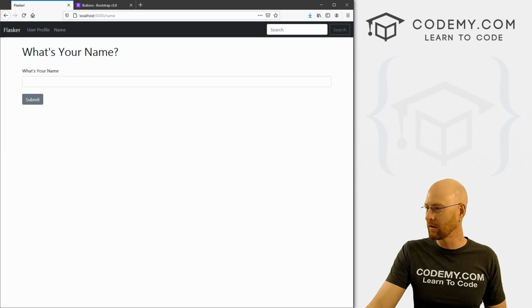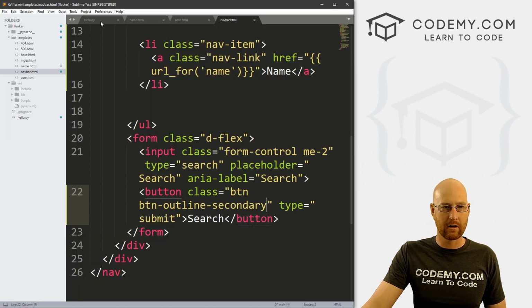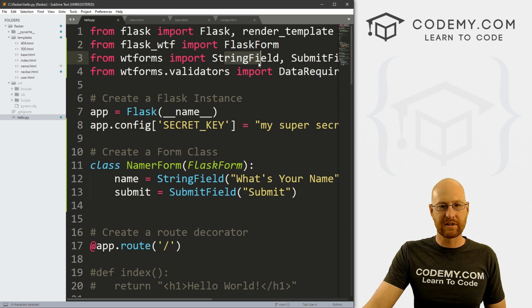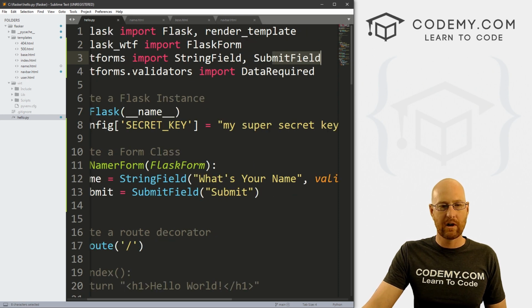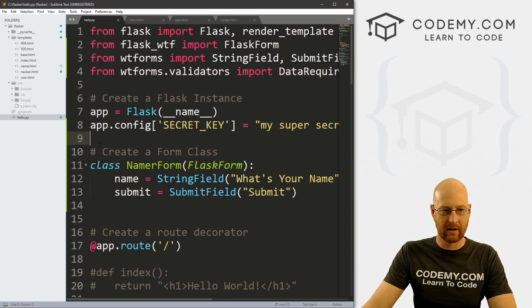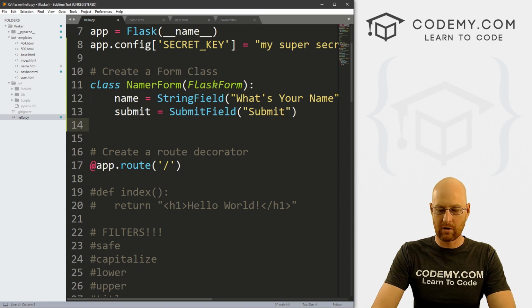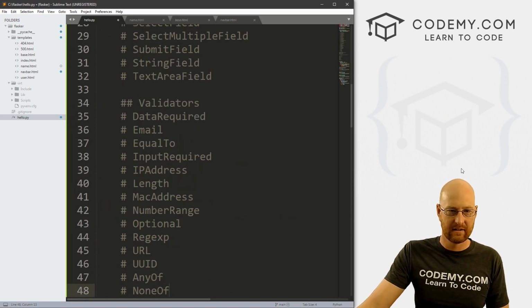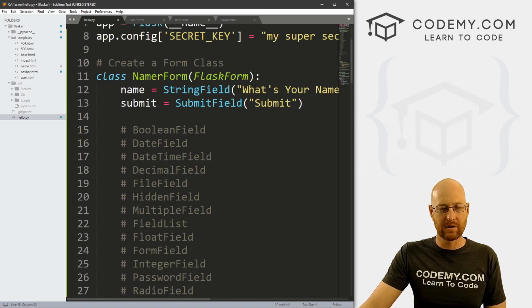Now, I mentioned earlier, come back and look at our main code here. We use the StringField and the SubmitField. We also use the validator of DataRequired. And I mentioned there's a bunch of these that you can choose from. So I've got a list. Let me just paste it real quick and we'll go through it very quickly. Let me just copy these, bring it over here, and maybe in our class form, I'll just paste these in. And I'll leave this in here so you can check the GitHub repository if you want to copy these down